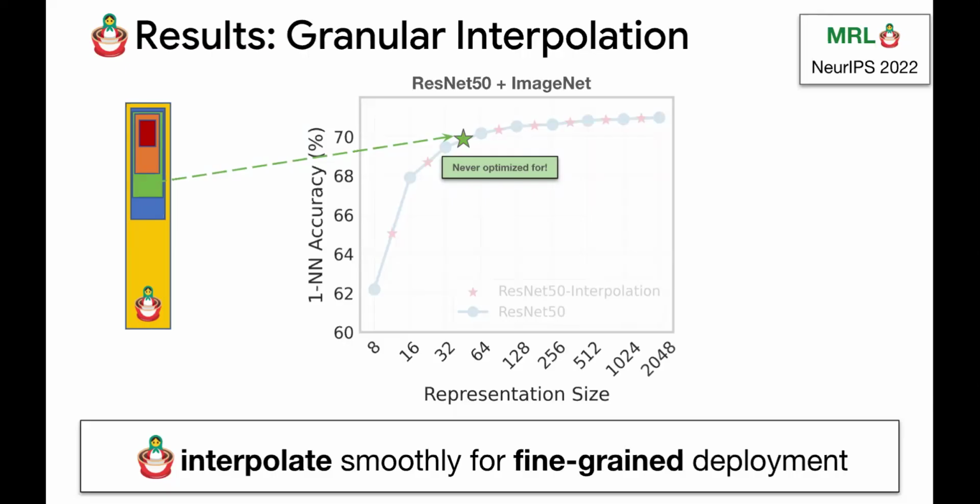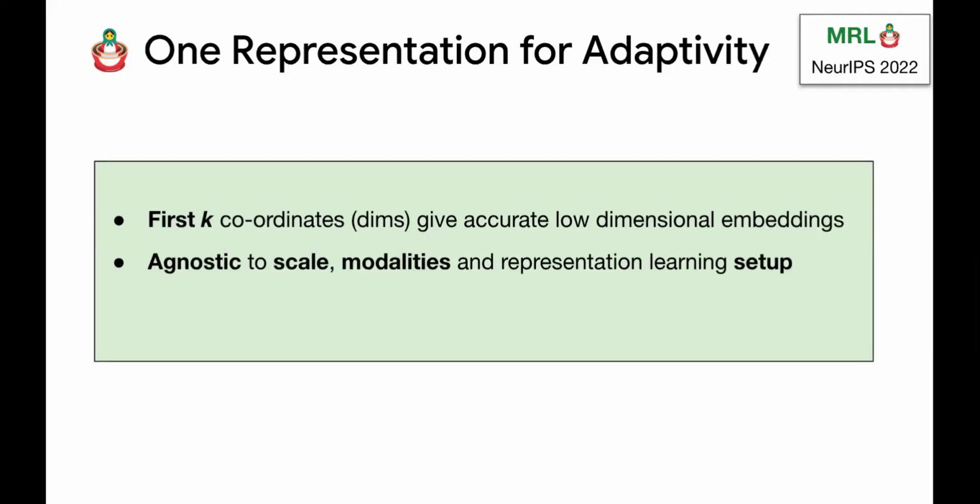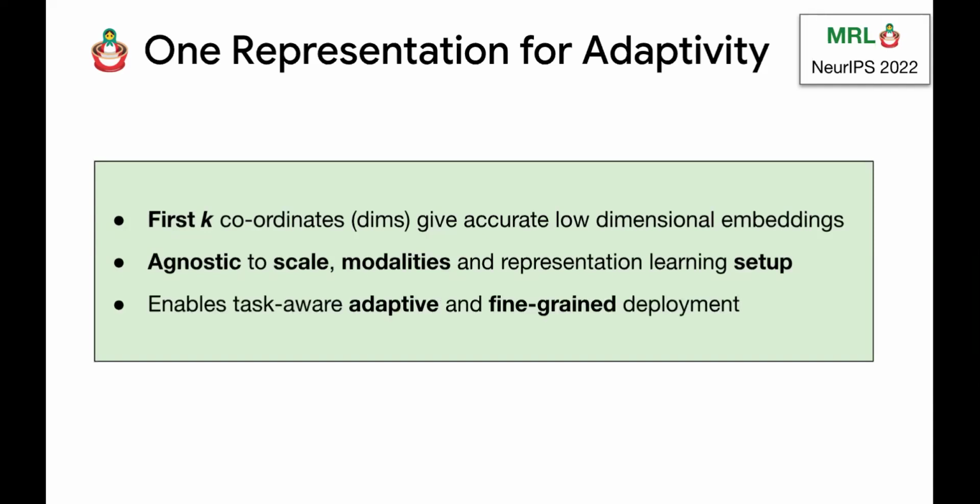Okay, so it interpolates smoothly, and that's pretty much it. So the takeaway from MRL is you just need one representation for all of your use cases, and for anything, you can literally slice off the first k dimensions and use it. We scaled it to every single modality, every single model we had access to both at Google and GitHub, and any representation and setup, and it just works out of the box. And finally, it is adaptive in my definition because it helps you scale to accuracy of a task as well as latency sensitiveness.